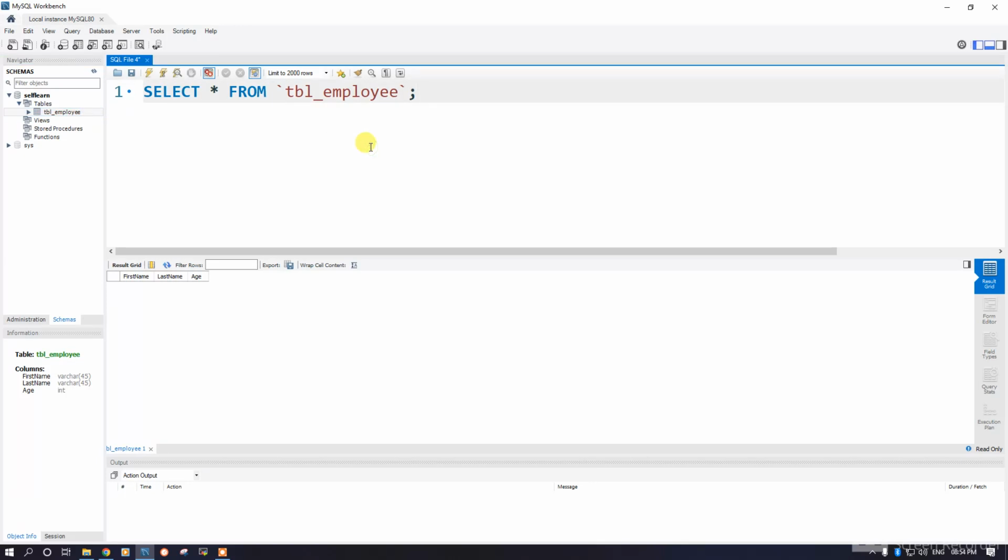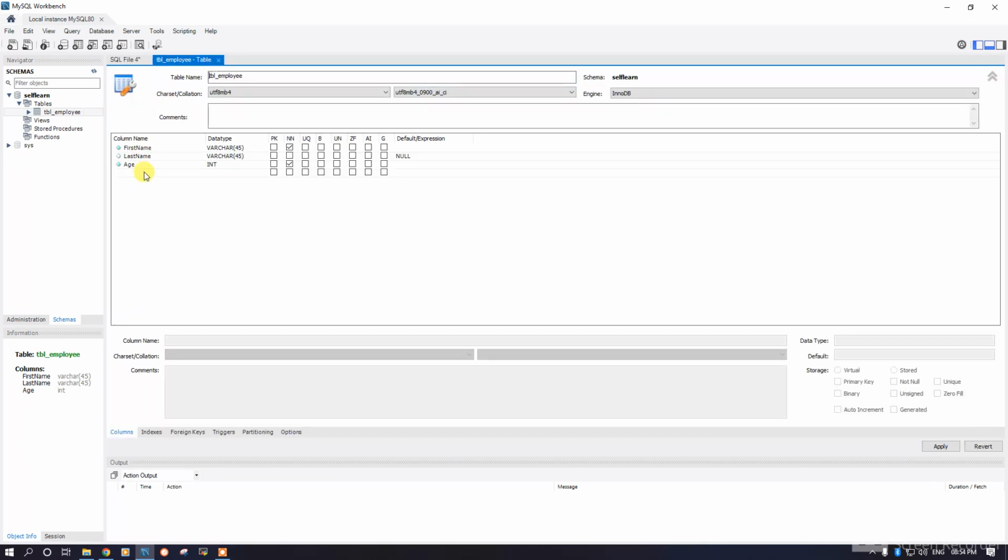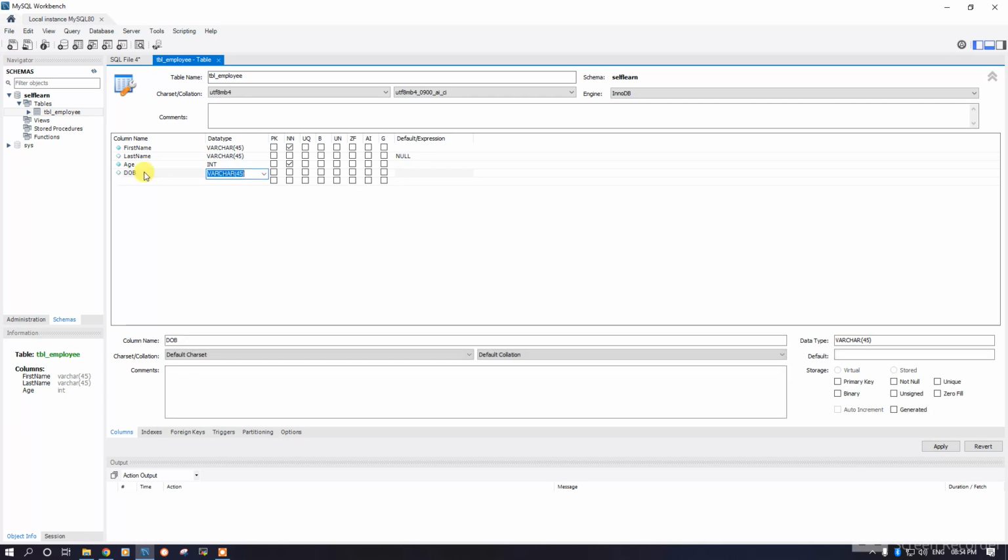Okay, now let's see how to add one more column. After we made the table, now the table has 3 columns. Now I want to add one more column. See, in Workbench you can see a settings icon when you hover over the table name. Click that and it will open. Okay, now I'm going to choose date of birth, DOB, date,